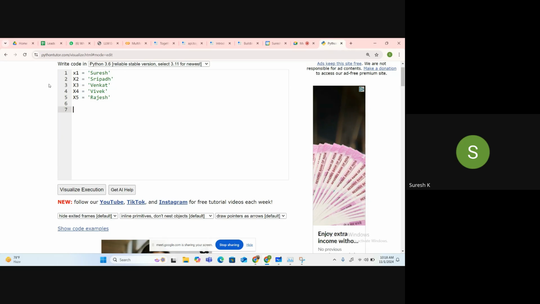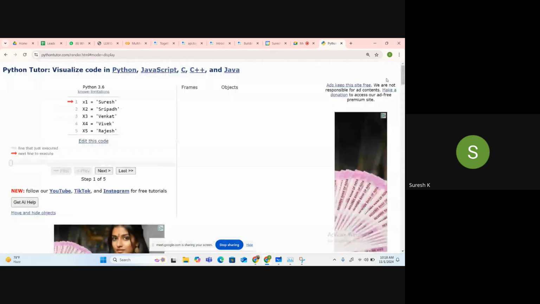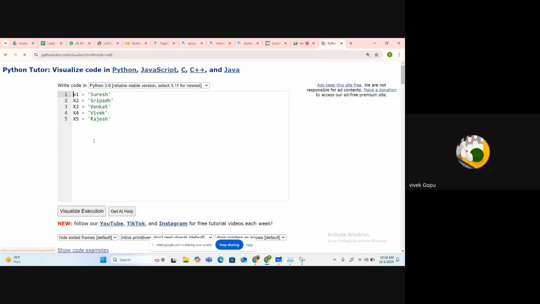For these variables, how many memory allocations will happen? 5: 1, 2, 3, 4, 5. Right? We have allocated 5 memories. Yes, sir.